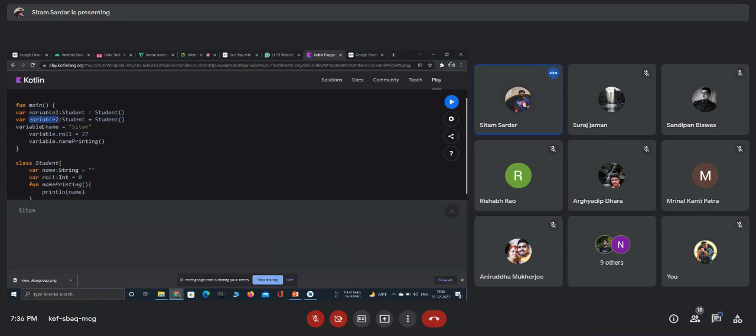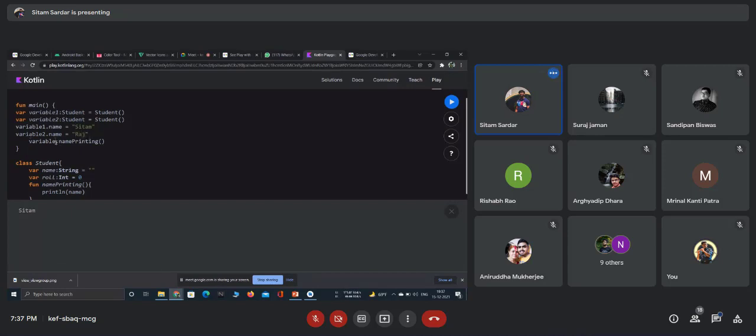Whatever I assign, let's say in the name section of variable 1, I am assigning my name. Then in variable 2's name section, I am giving a different name, say Raj.